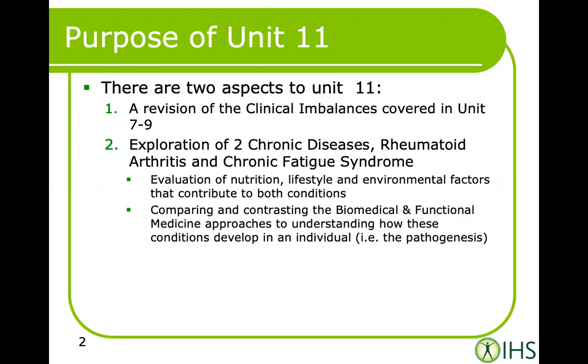I've reviewed the material pretty thoroughly. I've gone down a few rabbit holes with both conditions. I now think I may need to change from hormones to MECFS. I think it's so fascinating. So I really think you're going to love this unit as well, especially because the first week, this week,